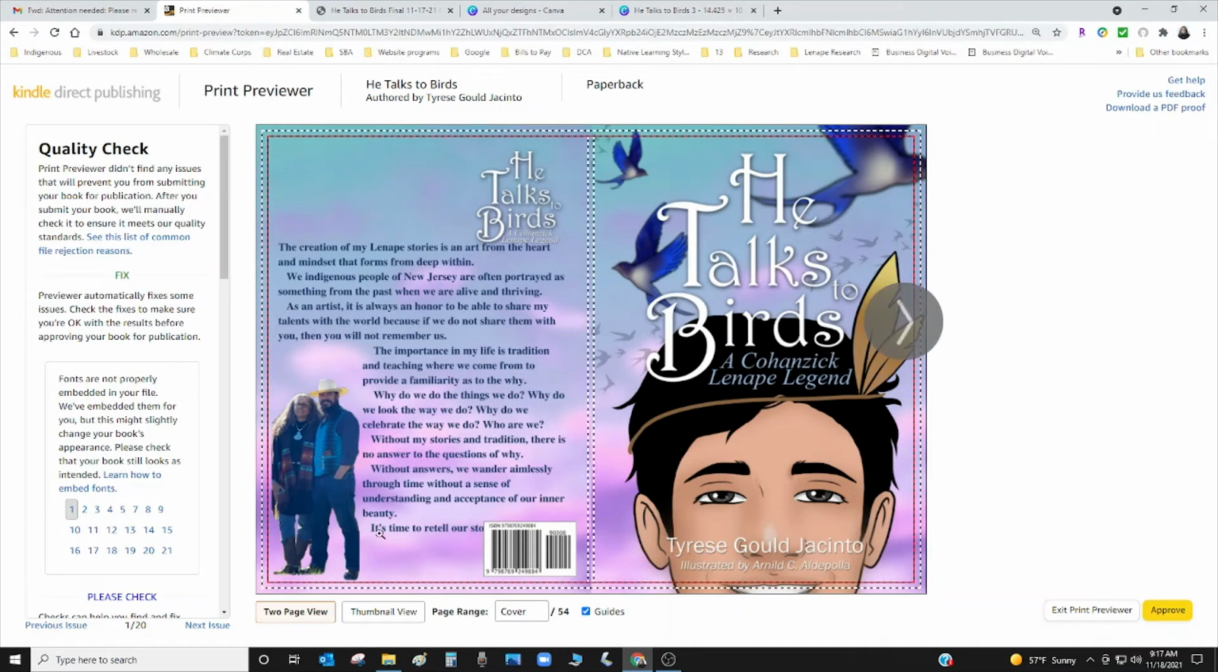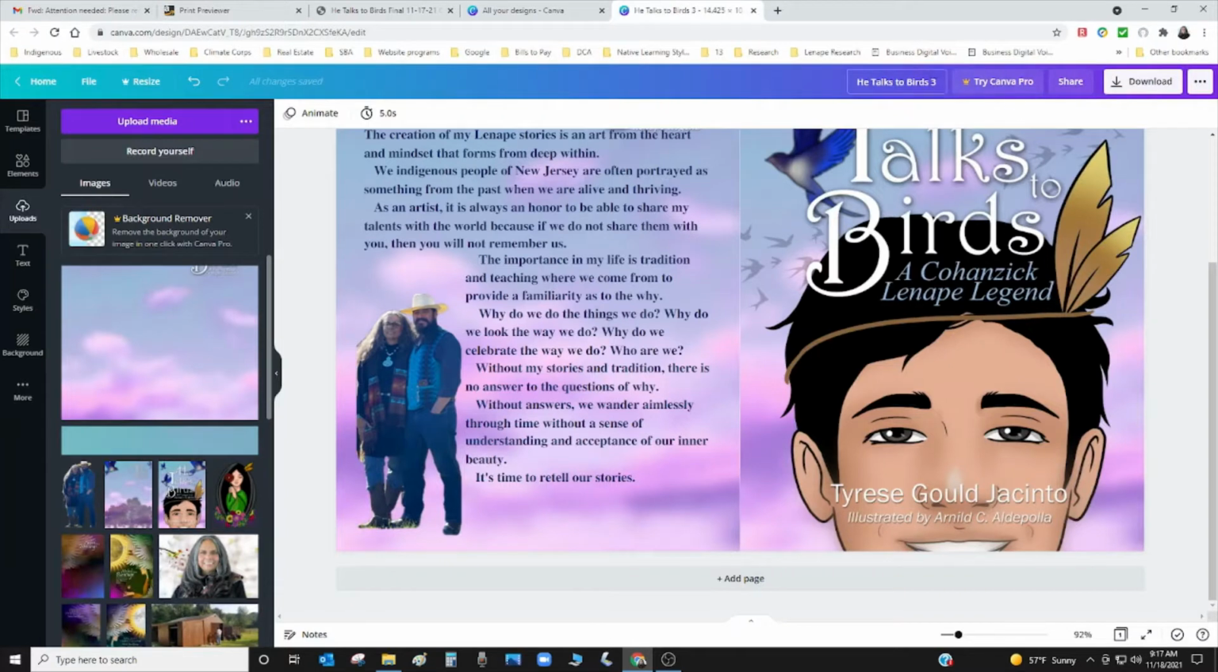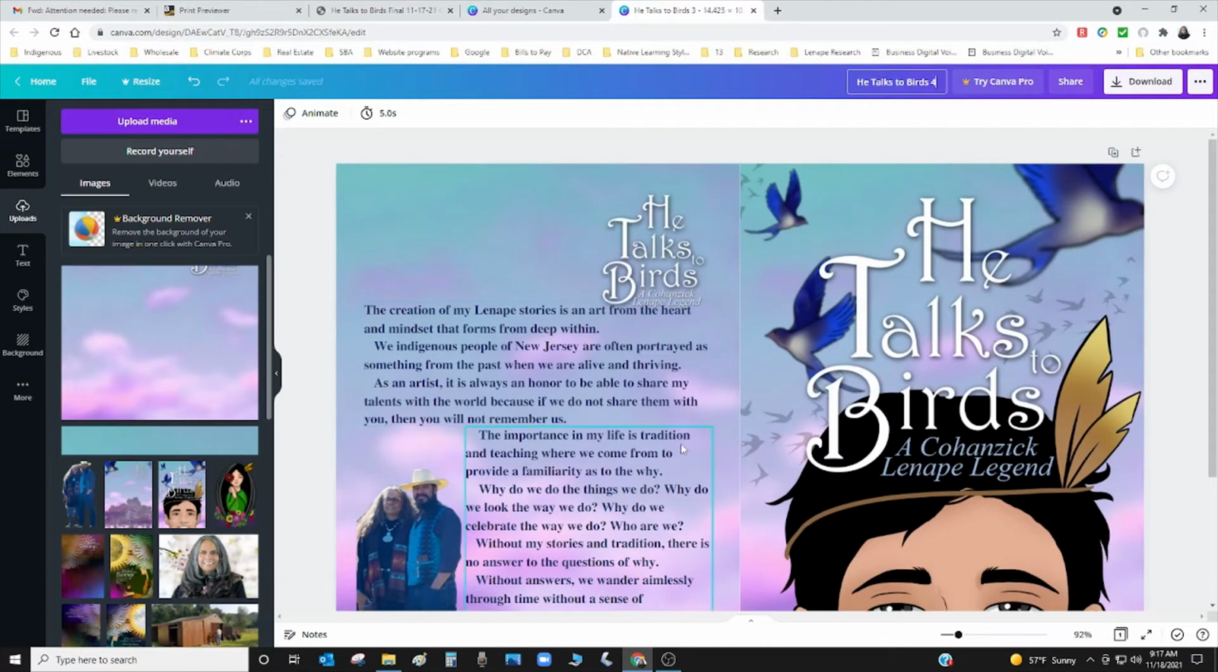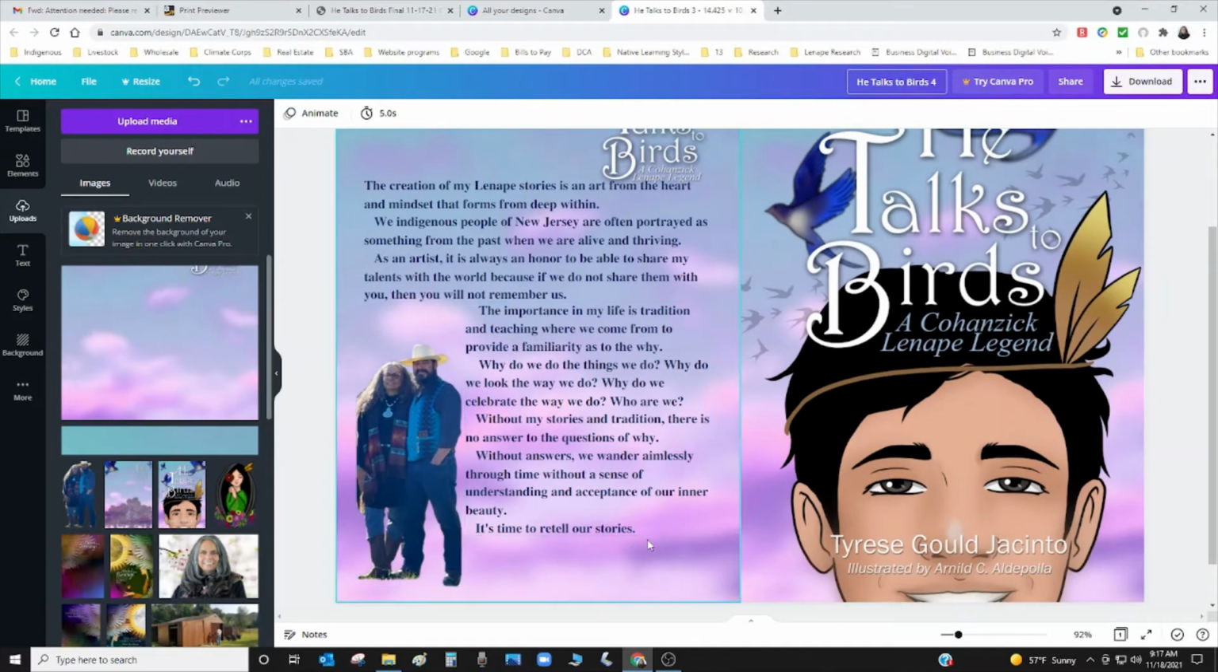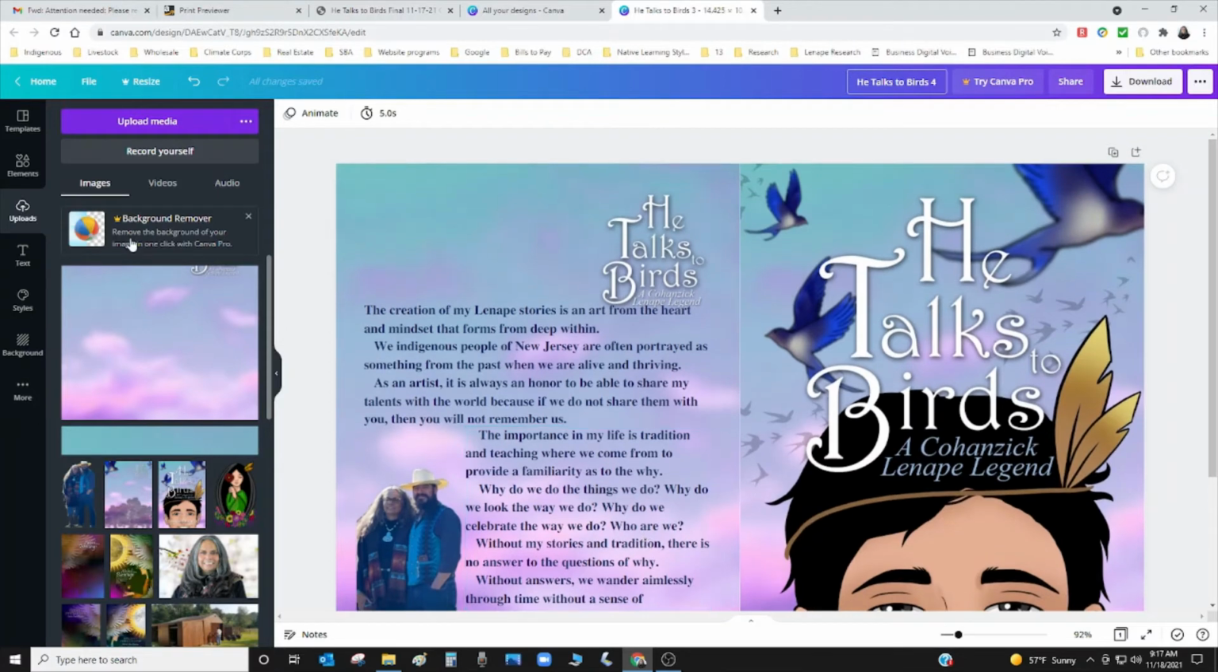So what I'm going to do is redo the back page in Canva. I'm going to call this number 4 because this is the 4th attempt. And I noticed that the illustrator sent me an illustration where there's a lot of space up here. So I like this where I put it's time to retell our stories, and I think I'm going to put a text box at the top of this,